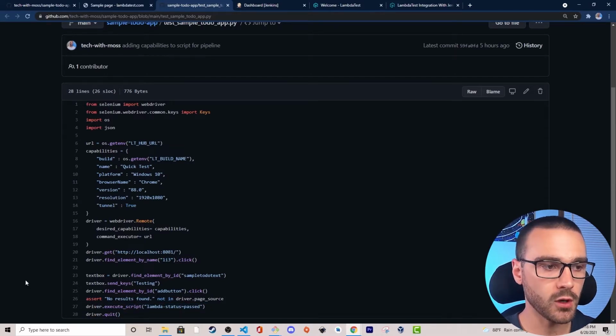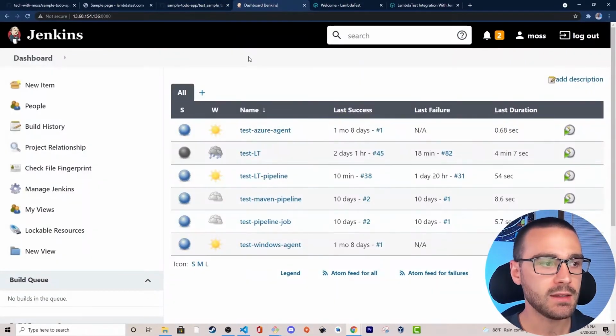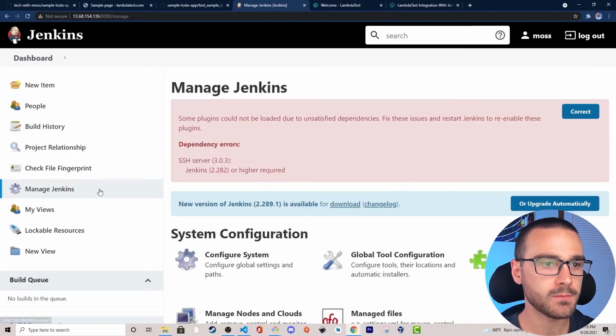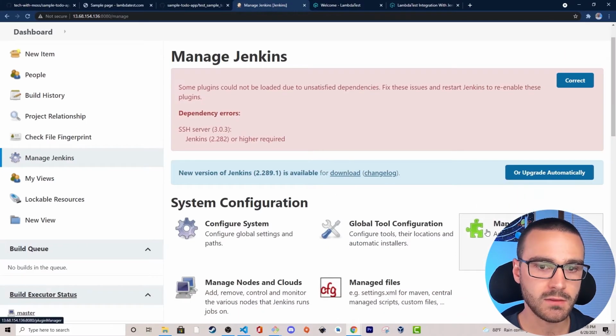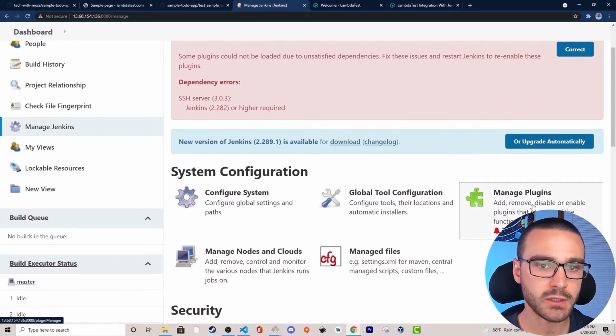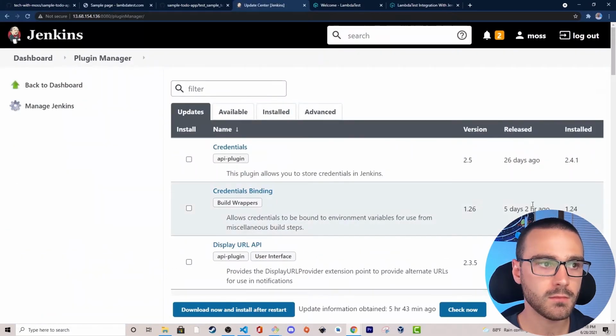Okay, so now that we've walked through the code base and the test script, let's navigate to Jenkins, and we're going to install the LambdaTest Jenkins plugin on our Jenkins instance. So I'll open up Jenkins here, and then from Jenkins, I'm going to select Manage Jenkins, and then I'm going to go to Manage Plugins. I'll select the Available tab,